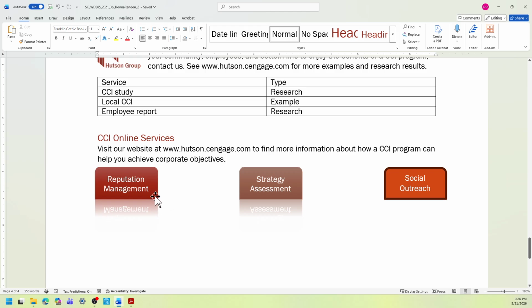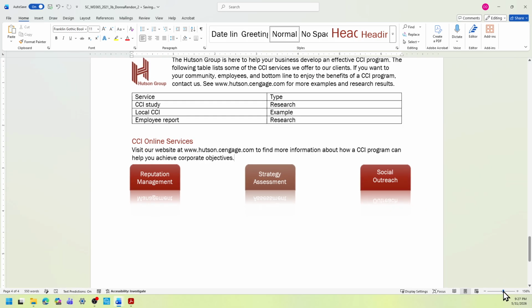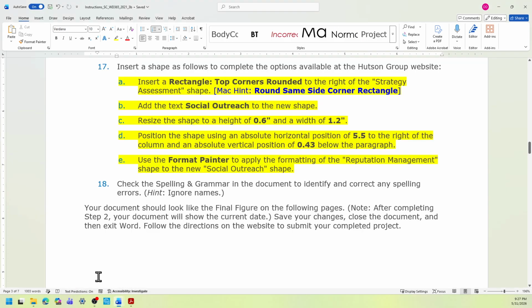Just select the reputation management shape. You're going to select the Format Painter from the Home tab and then select the Social Outreach shape. Now you see that it's the same. I'm going to make it smaller this time. So back to the instruction.